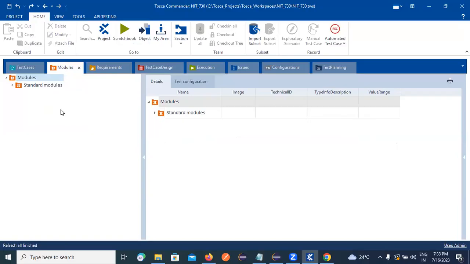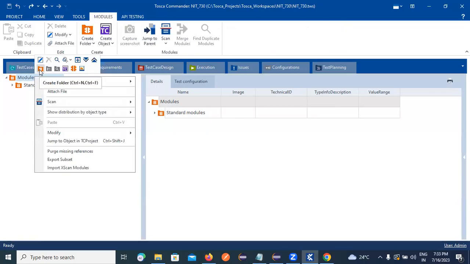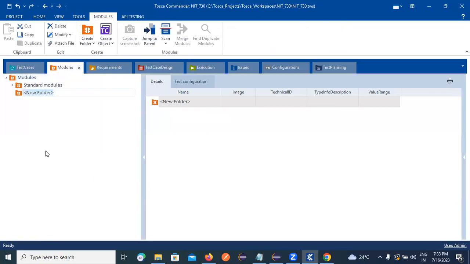Here we need to create one new module, create a folder. In this folder, we need to provide the name here, sample. Once you provide the folder name,